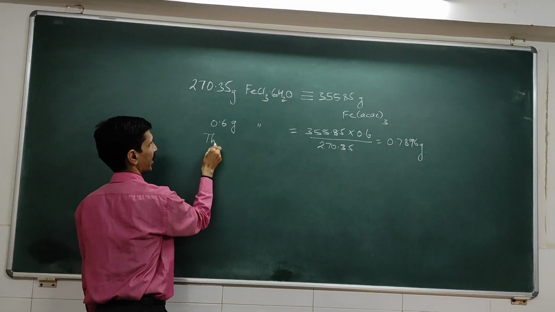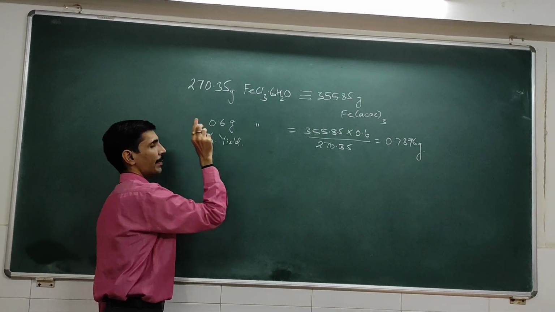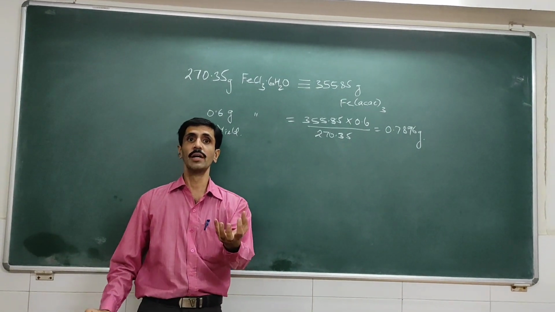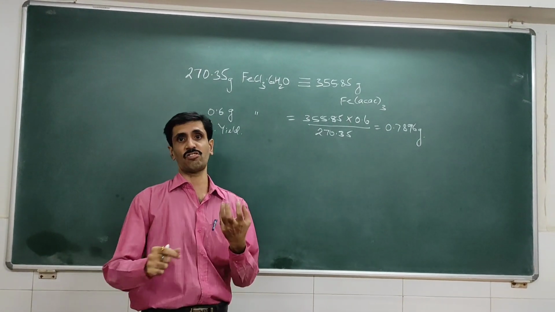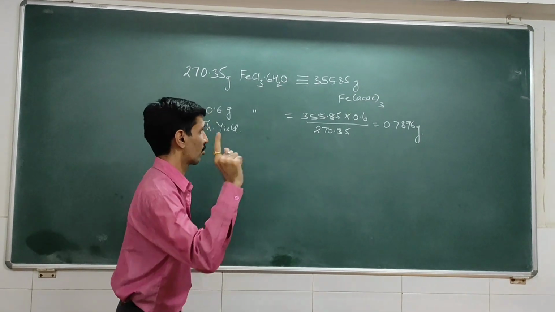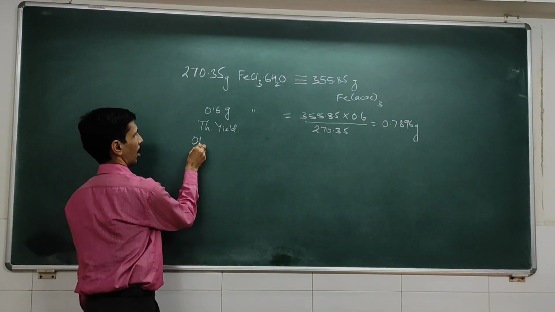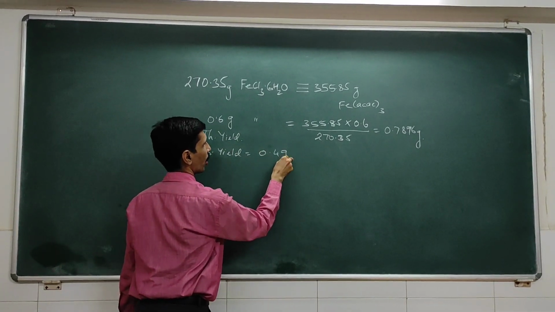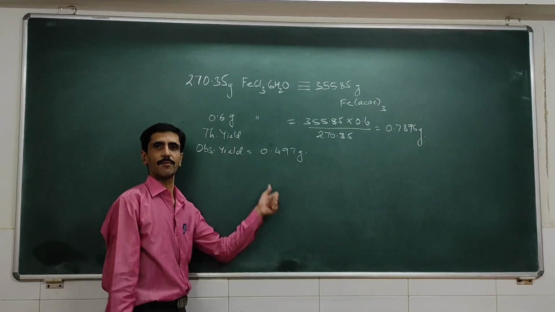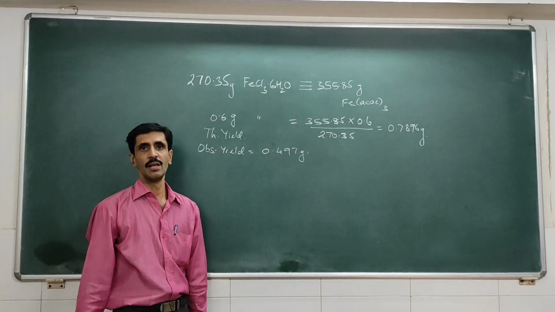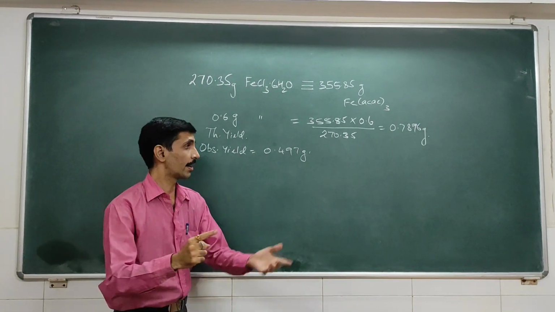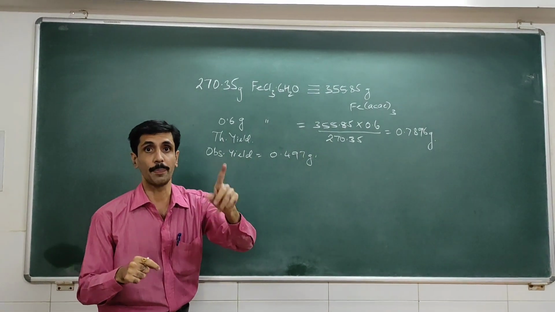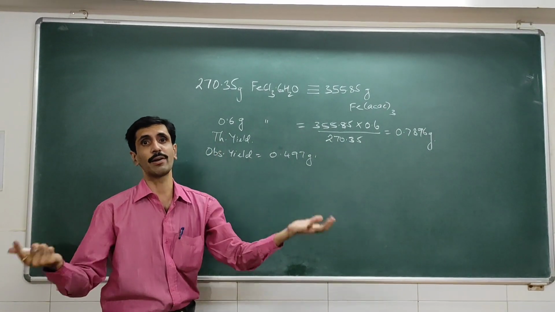And my dear friends, this 0.7896 is what? Yes, the theoretical yield. Now coming to the observed yield, whatever I practically demonstrated, and finally I showed you the shiny red crystals on the watch glass. So that comes out to be the observed yield, and that is 0.497 grams. Okay, that was the observed yield which we got. So once we know the observed yield, once we know the theoretical yield, now it's very simple. We just put it down into that particular formula, if you can remember, and you get the final result.